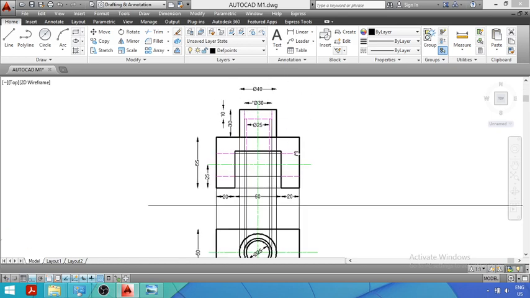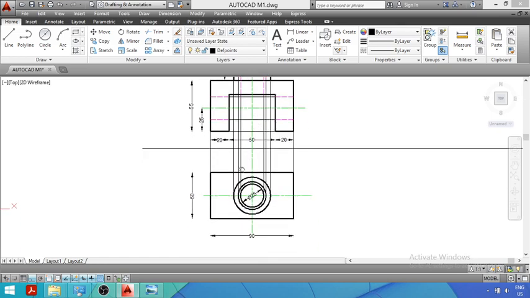Now wherever we have drawn a line in pink color, they are hidden lines. So they should be shown with the help of dotted lines. You can see upper hole dotted, lower hole dotted, and these two holes are also shown with the help of dotted lines. And the lines that are darker, that is this dark black lines, is the view of the object. So they should be dark, whereas these vertical construction lines should be light. So while drawing, you have to keep in mind that whenever you draw the construction lines or the projection lines, you have to draw it faint and the final view of the object should be dark.